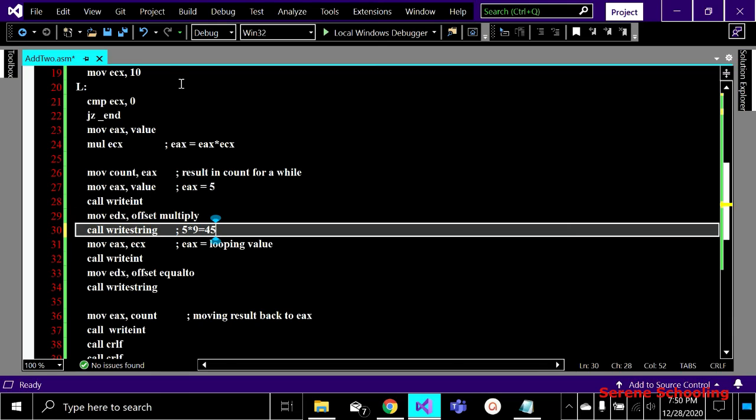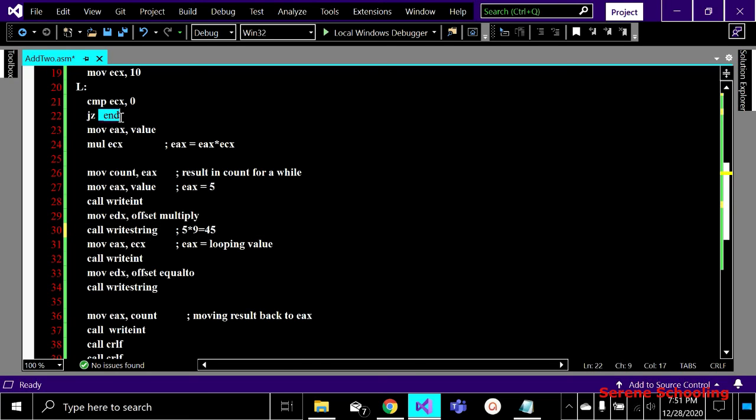And then when again the control goes to the loop label, our ECX will become 0. Definitely it auto decrements, so when ECX becomes 0, after completing all its iterations, we will compare it with 0, that is 0 equal to 0. You can see by this statement the condition works, that is jump if zero. And where to jump?